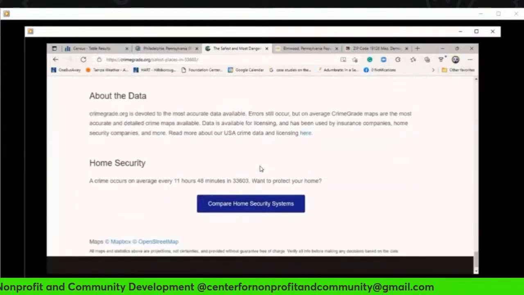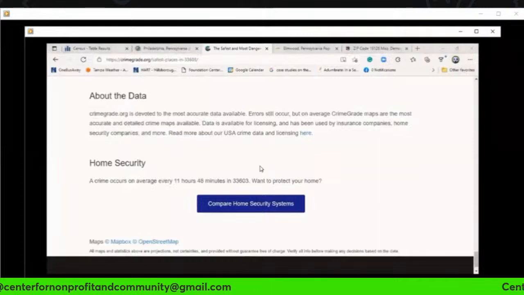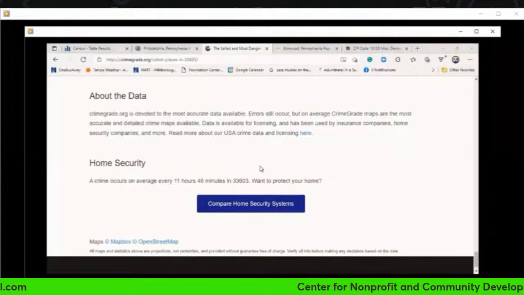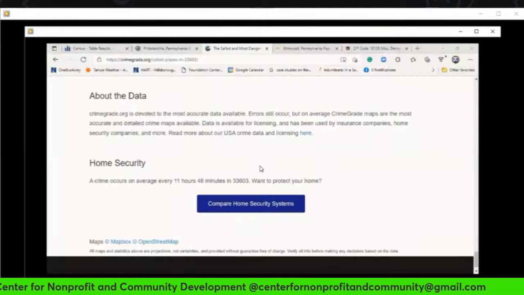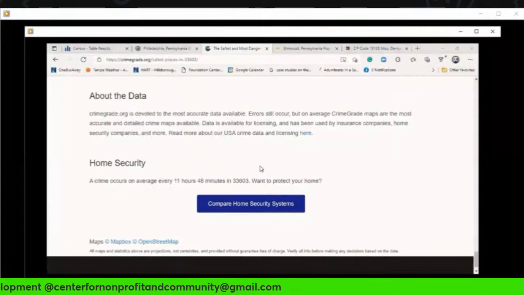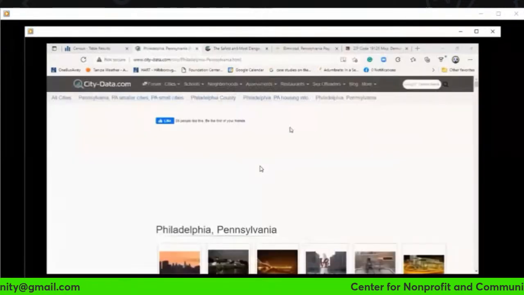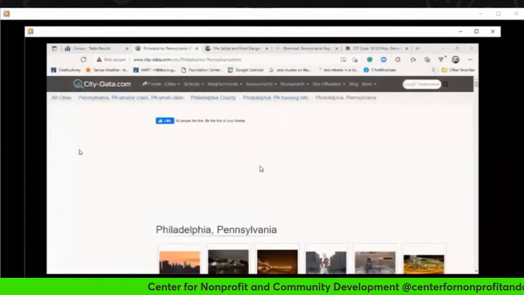And okay, now let's go to the next site. As you can see, this is going to be a treasure of sites where you can gather that quantitative demographic information that you're going to need to make an argument in your needs statement. So let's go to the next site. Another site that you can go to get a treasure of information is